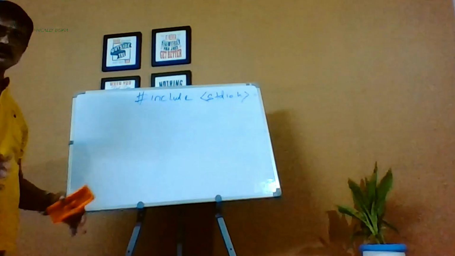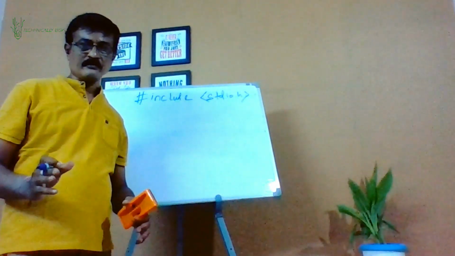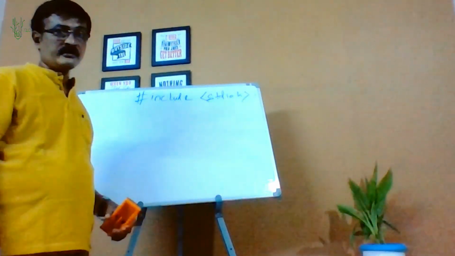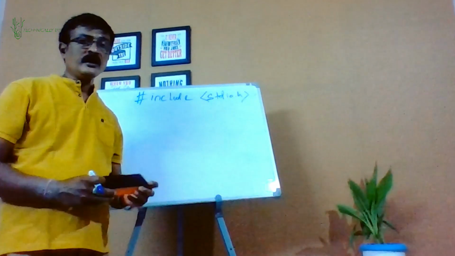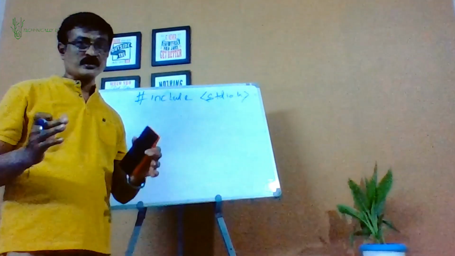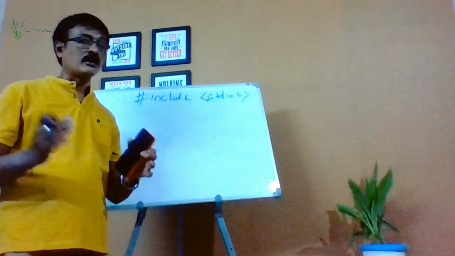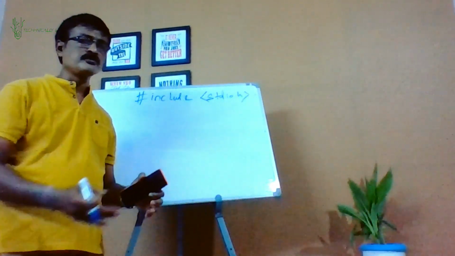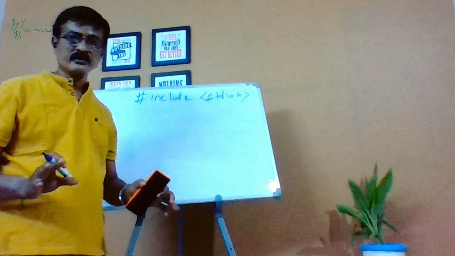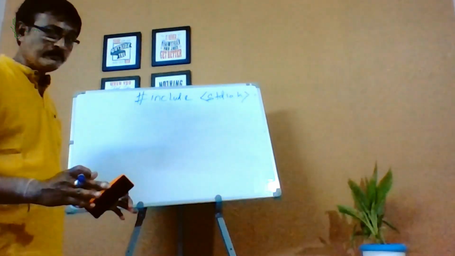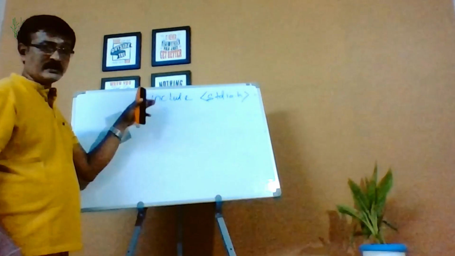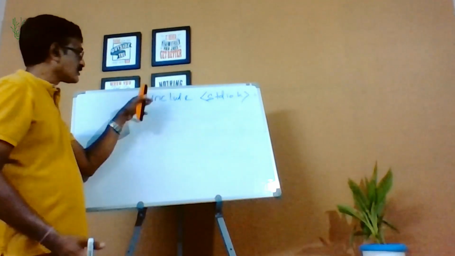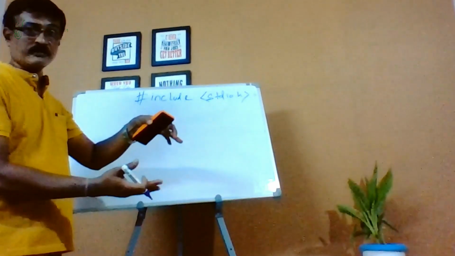We are so familiar with this statement, isn't it? Now, what happens here? What is stdio.h? It contains functions which will be used for standard input output. Example, printf function, scanf function, which is regularly used in a program. What will happen during preprocessor? If this file is included, it will be expanded. That means it will be replaced. This line will be replaced with the contents of the file.